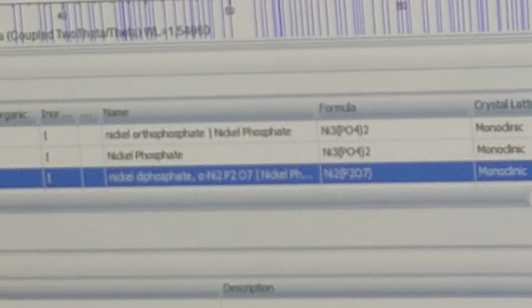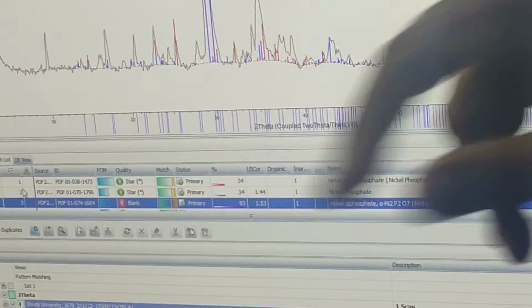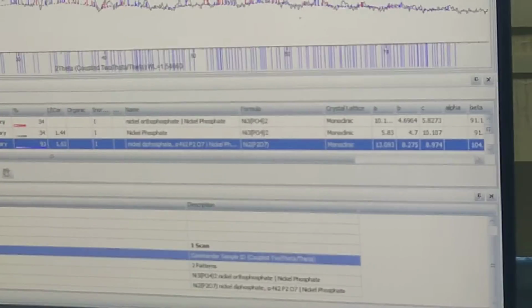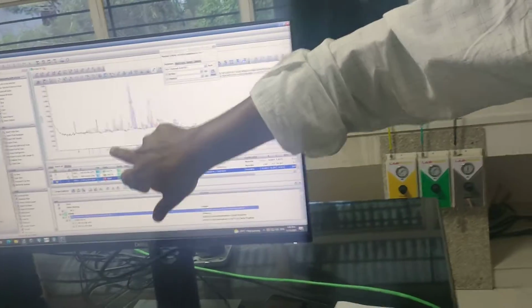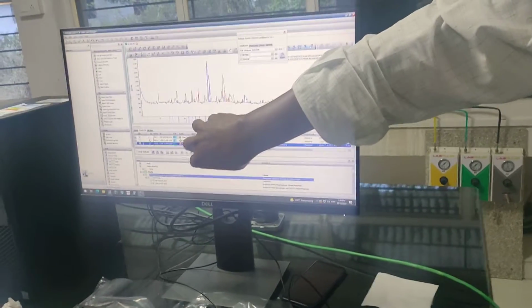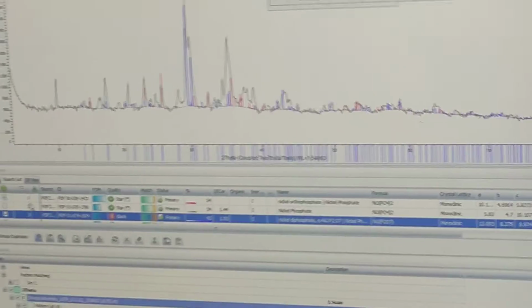But I personally suggest you just look into the peaks, look at the red color lines. Wherever there is a red color line, if there is a peak, then definitely that particular compound is present in your sample. Always physical visualization and understanding of the data is far better than just deciding on numerical values. I am not a big fan of these numbers. I am a very simple person who believes in what I can see. That is the logic.